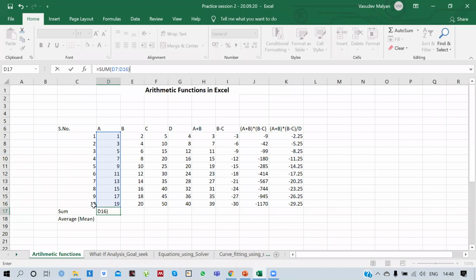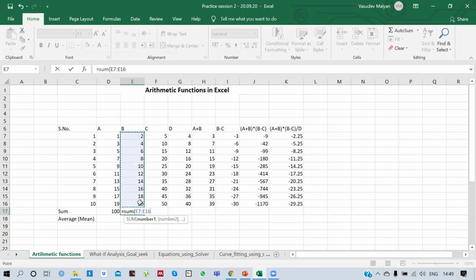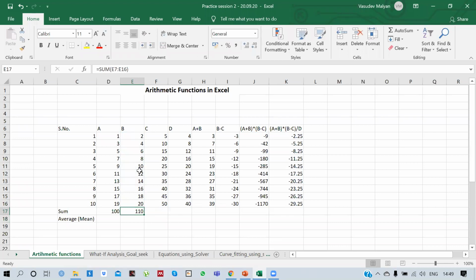And when I close the bracket, it will give me the sum of these elements. Now similarly, I can use this function here, equal sign, write sum, use a bracket, and select all these elements. Now close this. You will get the sum of these elements.